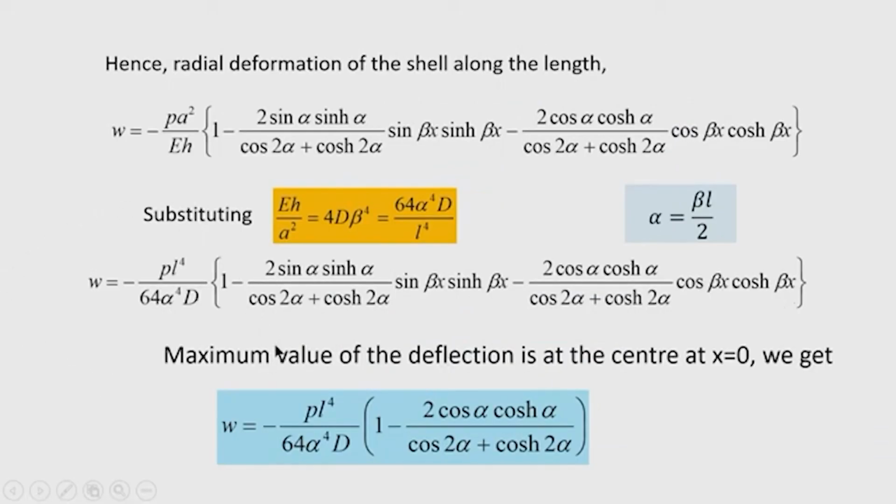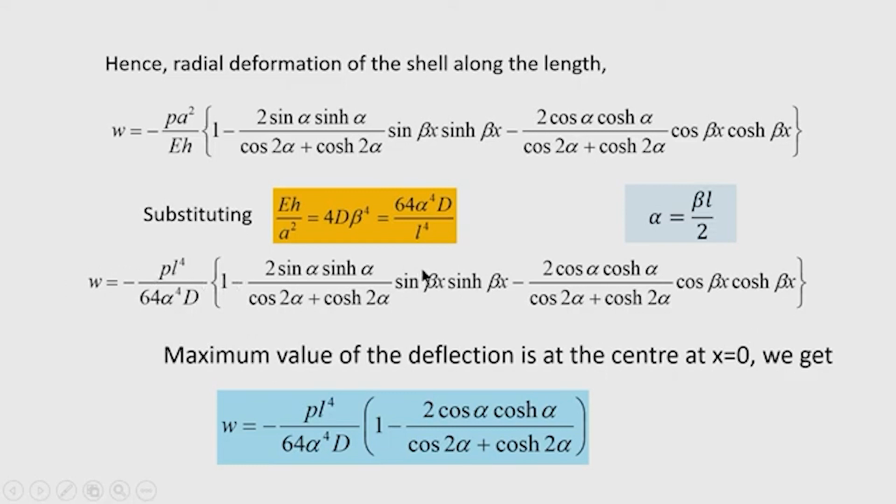So, since this shell is supported symmetrically and loading is also symmetrical and the shell thickness is also symmetrical, it means it has uniform flexural rigidity. So, the maximum deflection we obtain at the center of the shell. At the center of the shell, substituting x equal to 0 in the final expression of the deflection,